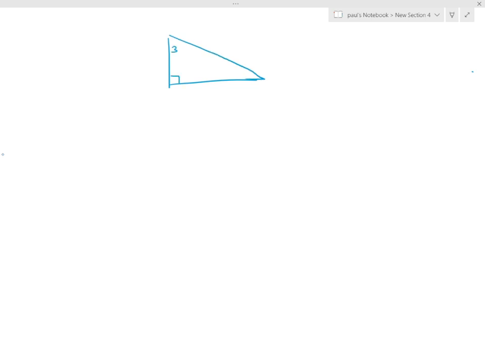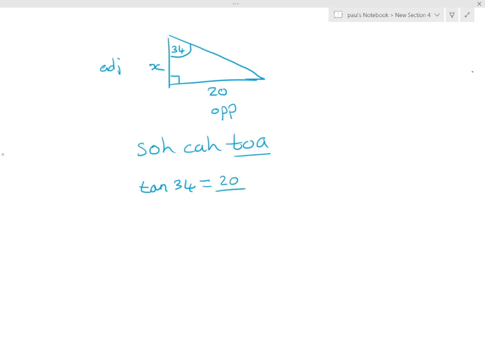This time, let's have the angle at the top, and we'll have x, and we'll have 20. Right, so this is the adjacent, and this is the opposite. So, SOH CAH TOA. We need one with the adjacent and the opposite in, that is that one. And therefore, tan 34 equals opposite divided by the adjacent. Swap them round. X equals 20 divided by tan